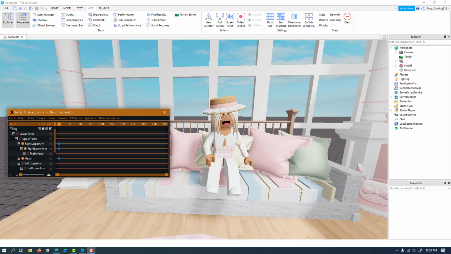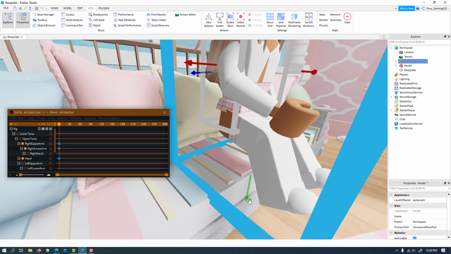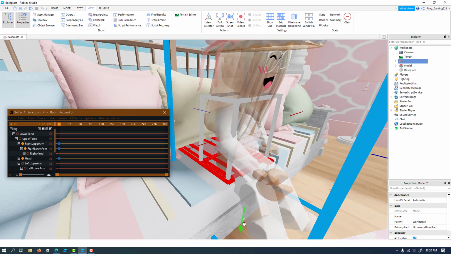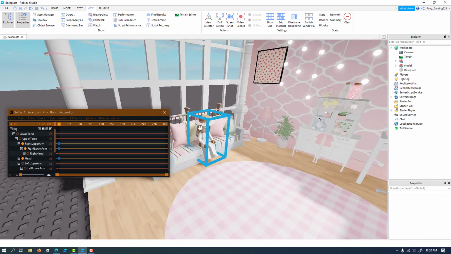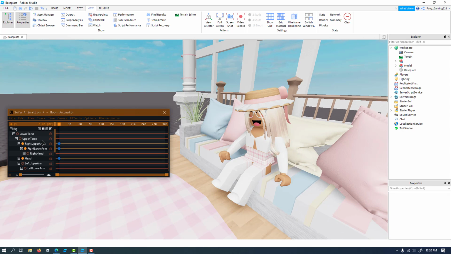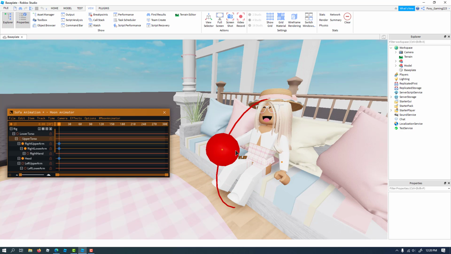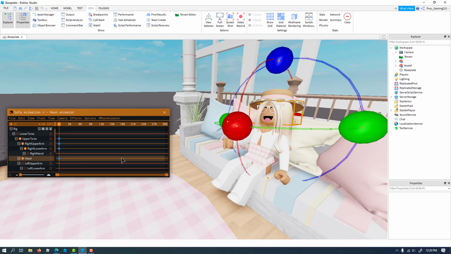So once you put your avatar in pose, if you weren't in the right place when you first started moving it, you can go to your explorer and move it down or up. And I'm gonna move the upper torso back a bit. Yeah, if you want to take out a dot, you can do that. So yeah,